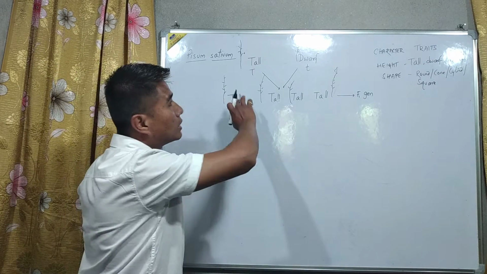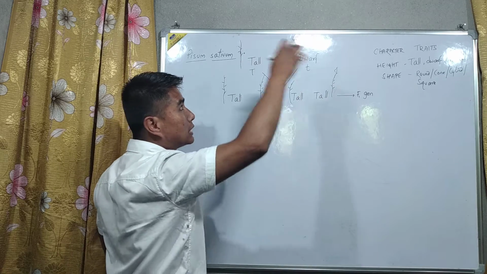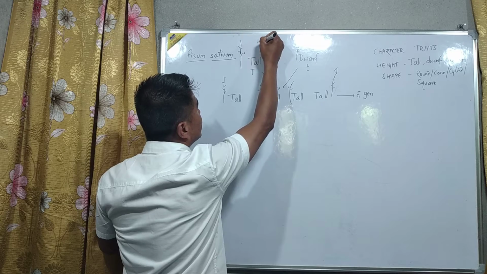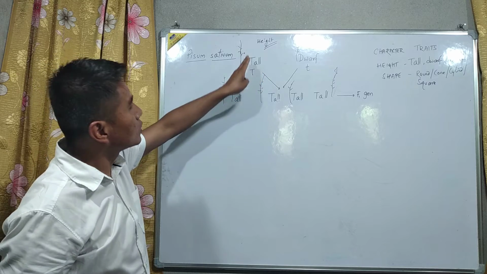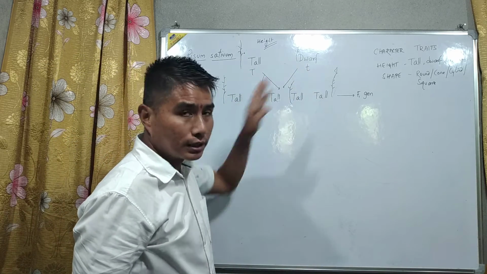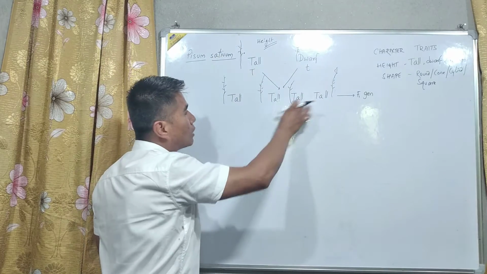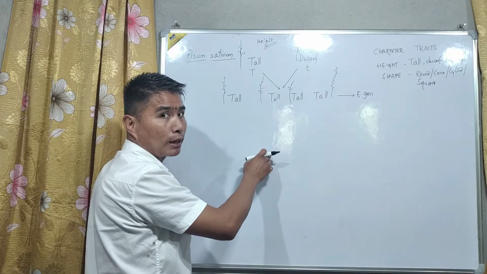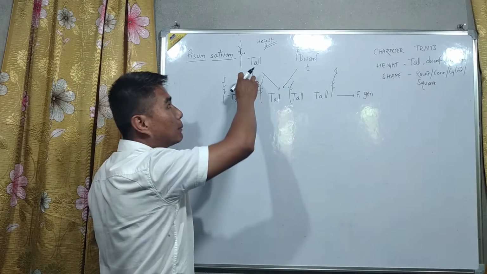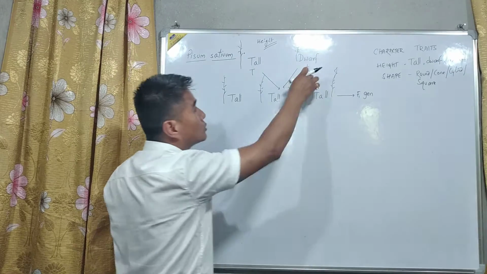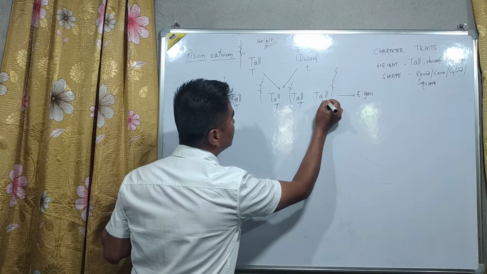So that was why Mendel, instead of denoting with D, since tall and dwarf belong to the same character and the character is height, denoted tall with capital T and dwarf with small t. When tall and dwarf were crossed with each other, tall plants were found in the F1 generation and not dwarf plants. So Mendel thought tall is dominant over dwarf. So all these plants are tall. Let us represent it with capital T, capital T.